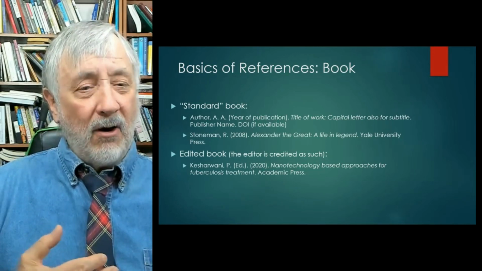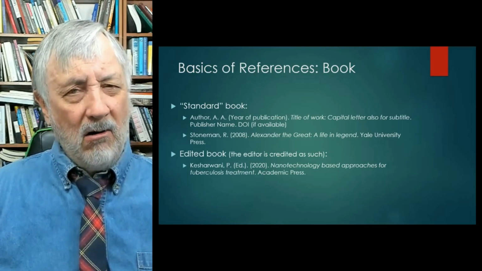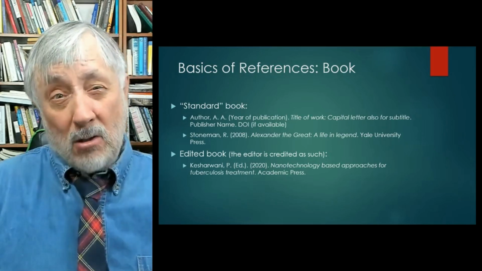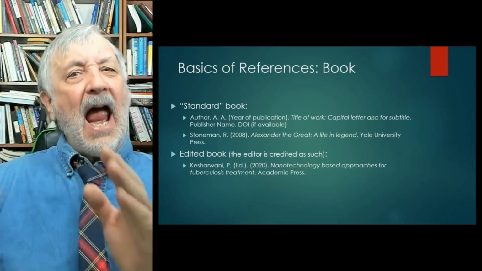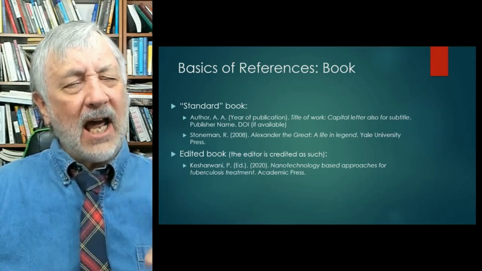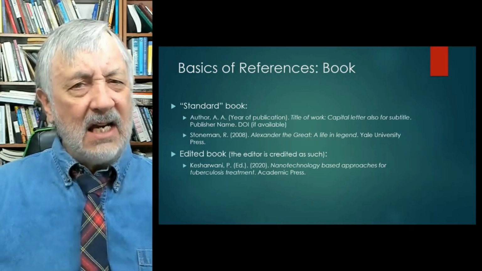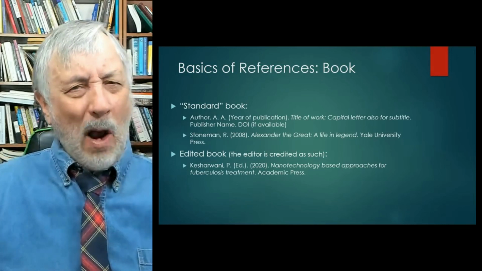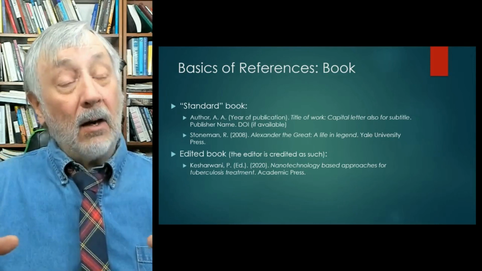The first is the author. And remember, we don't use first names, and we put the last name first. Stoneman, R. His first name is, in this case, maybe Robert, Rachel, I don't know. But anyway, then you have the name and the date of the reference. And that date is always attached to the name of the author. Okay, in APA, the date of publication is very important. It's wedded, it's welded, it's attached, it's stapled to the name of the author, and you've got to keep that there, and it's always in parentheses.